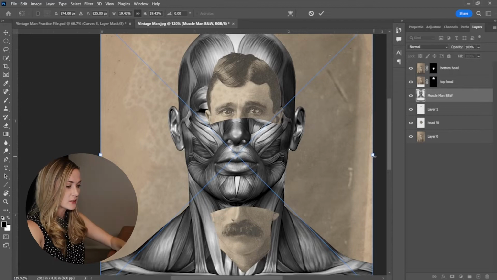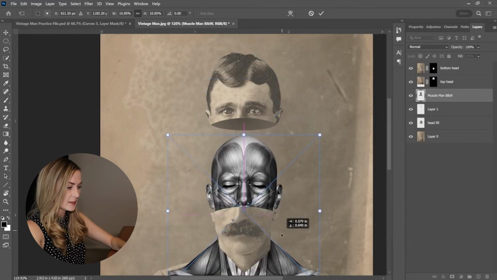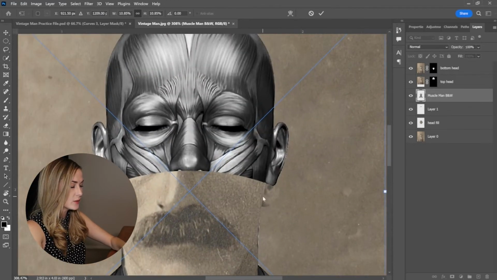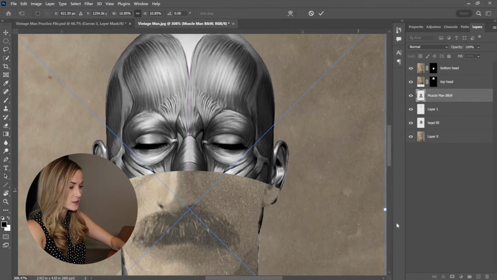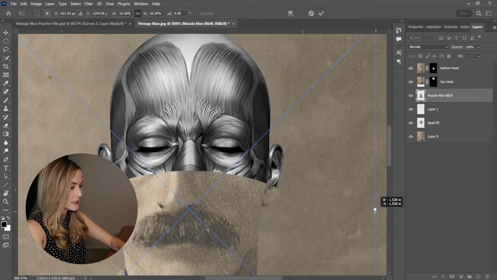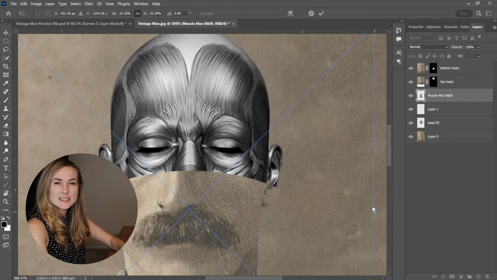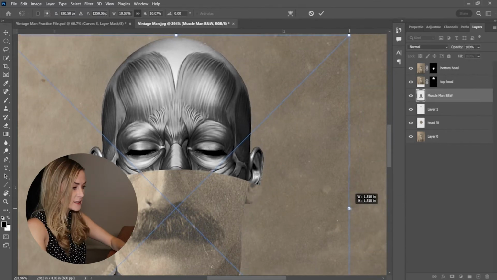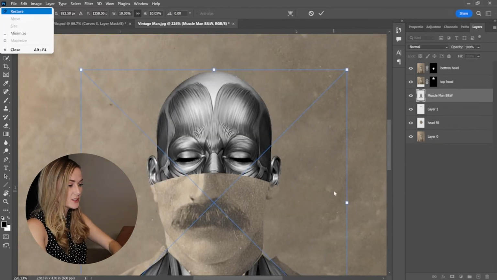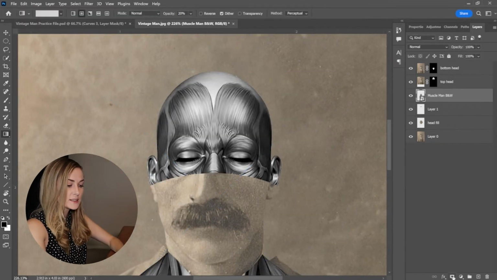man. I'm gonna scale him down just a little bit, obviously, and line him up. Now the nose isn't going to be aligned perfectly, and I have had to come to grips with that, that's just the way it is. Just align his ears, adjust it and scale it as needed until it looks right to you. Hit enter, and now with your muscle man layer selected, come down to create new mask, and on that